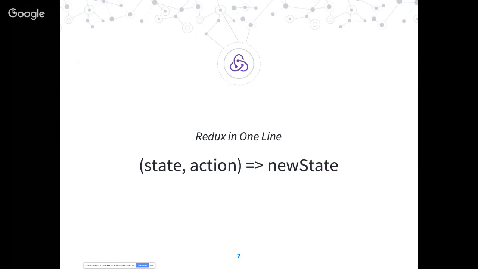So everybody knows, I would hope, this formula then. This is the main reducer formula. It's really simple. You have a state and an action. You have a function that takes a state and an action and returns a new state. And the key behind this is that state is immutable. So you're never taking the old state and returning a copy of the old state with something updated. You have to return an entirely new state. And that's the principle that Redux uses and then React uses to create diffs off of that state and determine what actual application user interface components update.